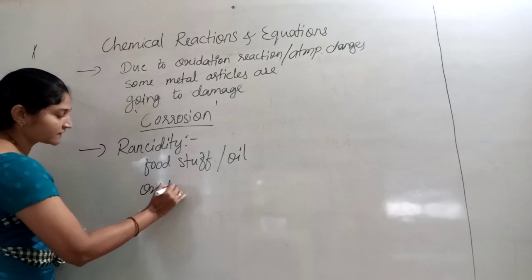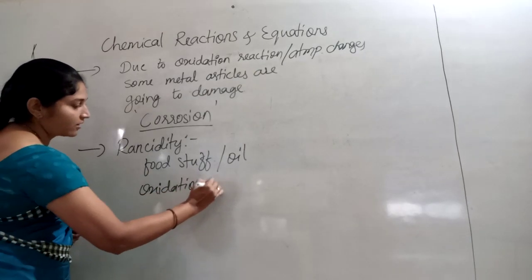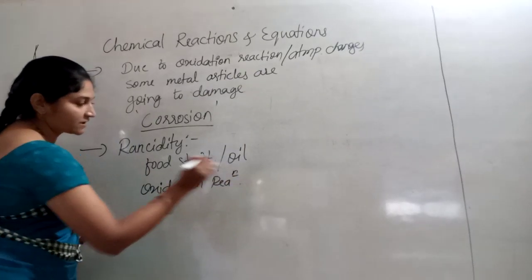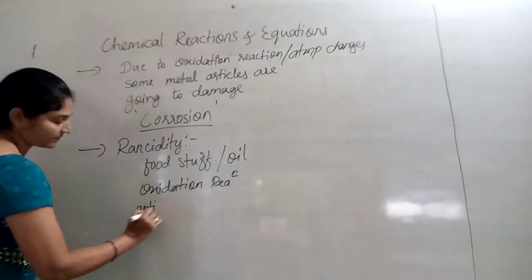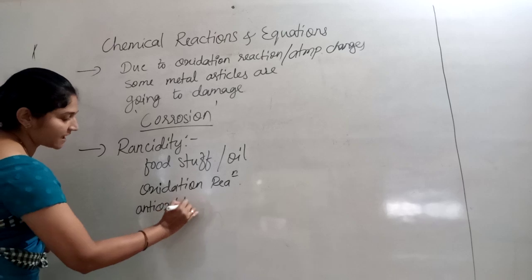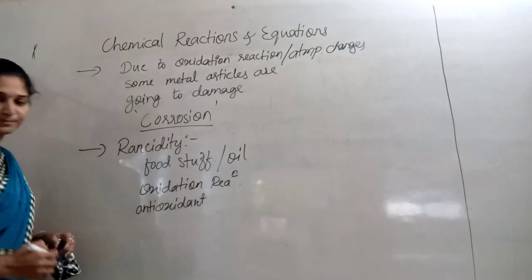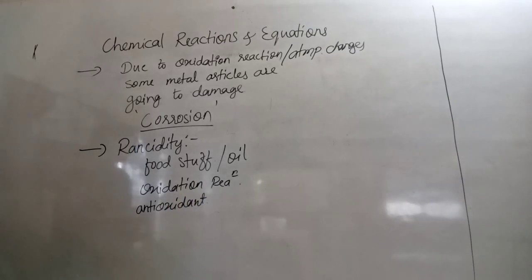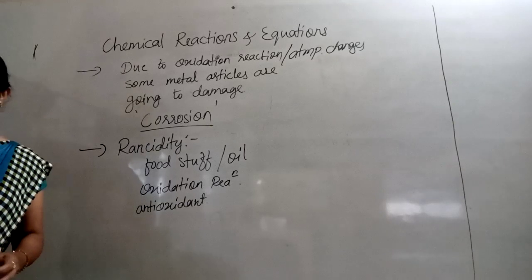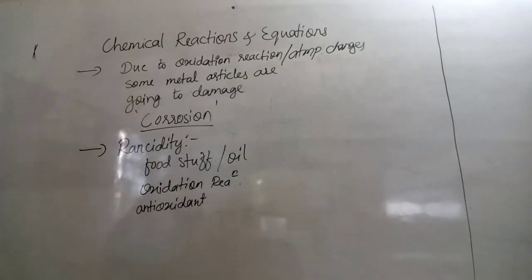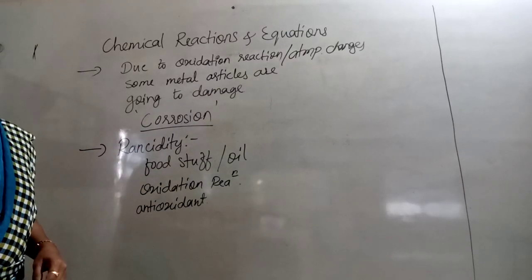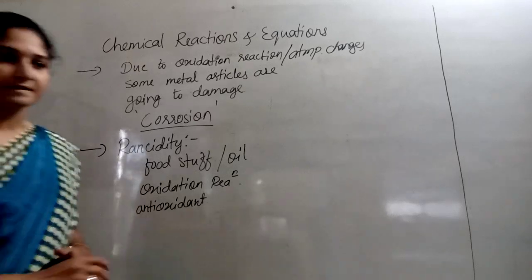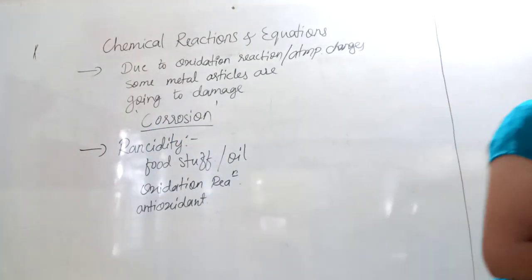To prevent the oxidation reaction, what do we use? We have to use antioxidants. Antioxidants are used to prevent oxidation reactions. So children, here it completes your chemical reactions and equations chapter. Okay. And we have discussed in this chapter